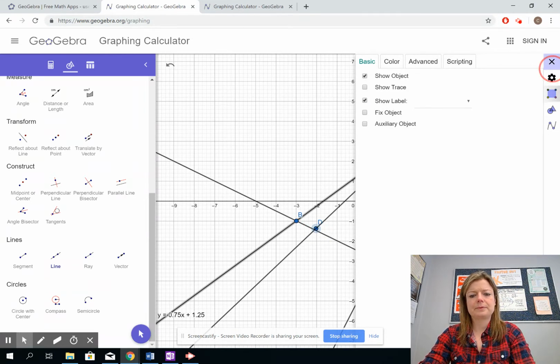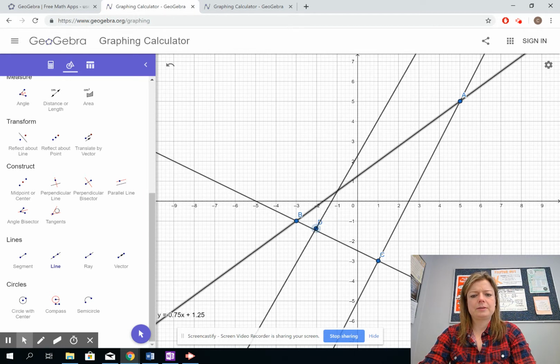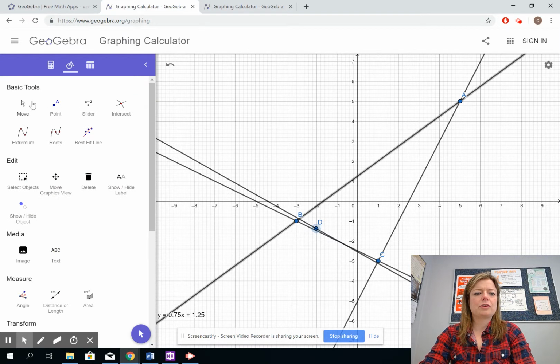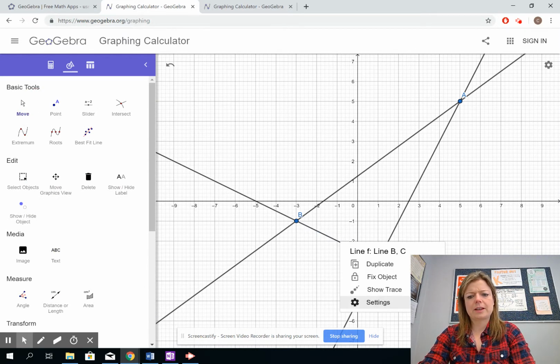Oops. I made an extra point. So undo, undo. Oh boy, how do I undo this now? Okay, this is the problem. I should always go to move before I want to stop doing that. Okay, so then I right click,